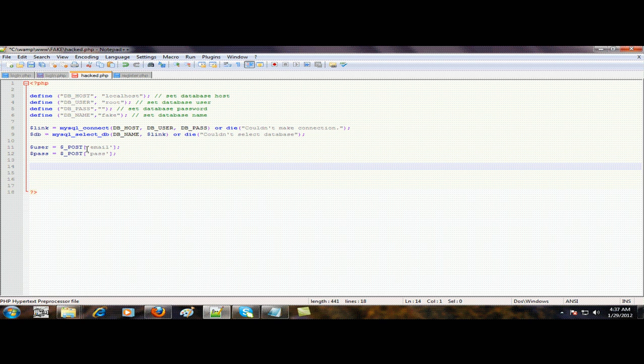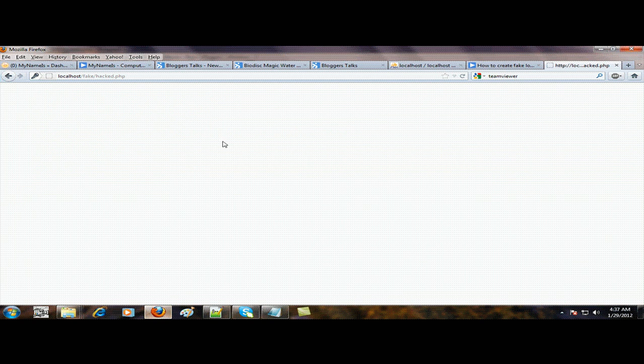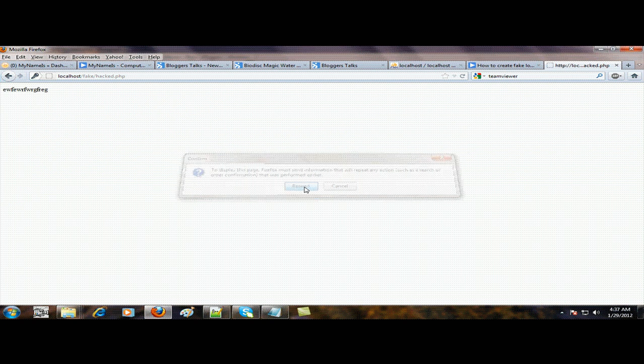Now let us check whether these variables are grabbing the correct value or not. So we will be writing echo $user and echo $pass. Now the job they should do is grab the values, assign those values to these variables, and print the values of these variables to confirm that they work. So again, let us refresh the page. See